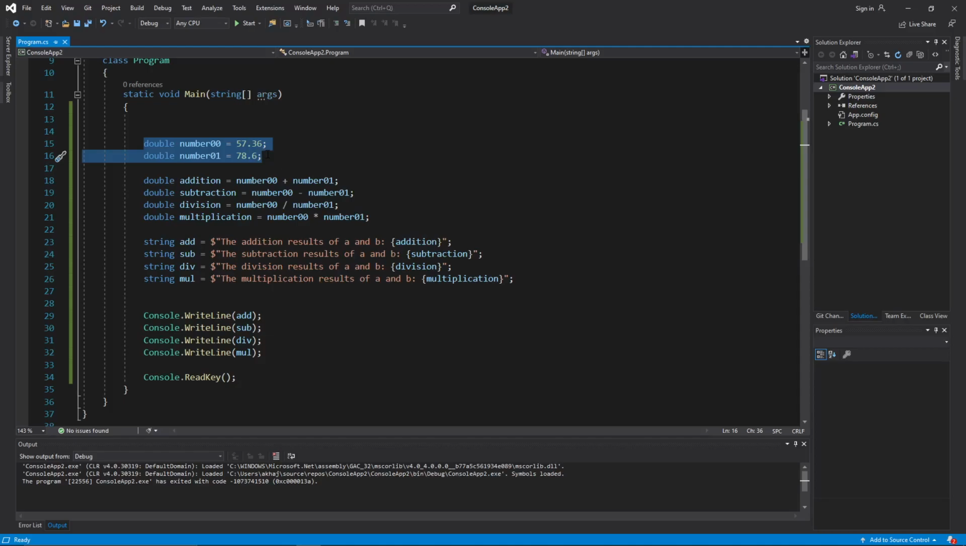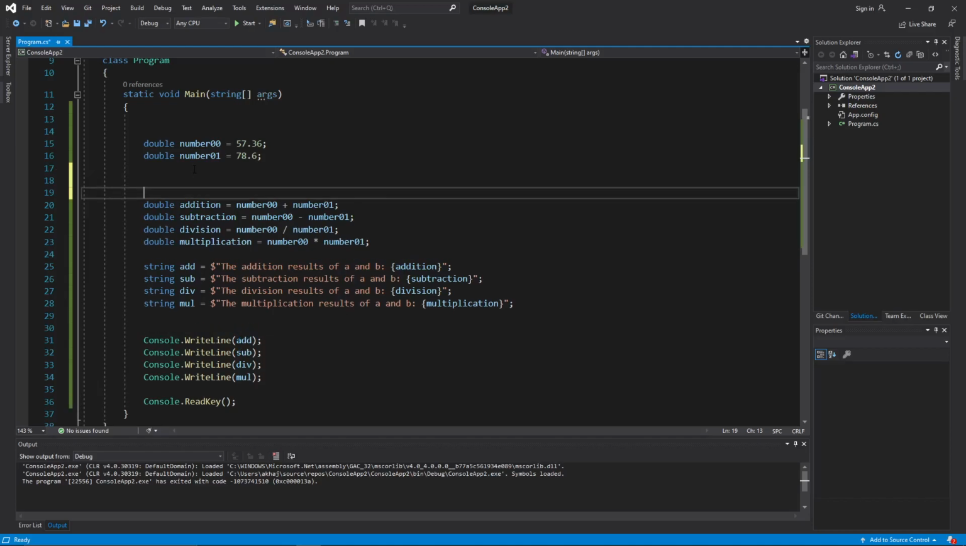Okay, so this is cool, but what if I want to be asked, okay, what is going to be the number? I don't want to hard code it every time here inside the program. What I want to do is for the console app to show up and ask me, okay, what is going to be your number? For doing that,